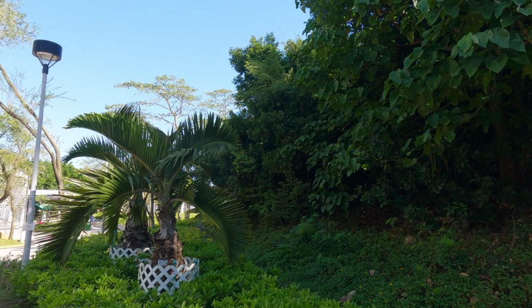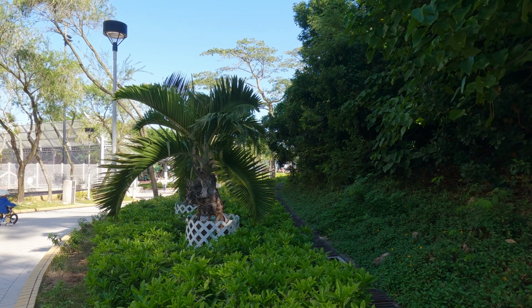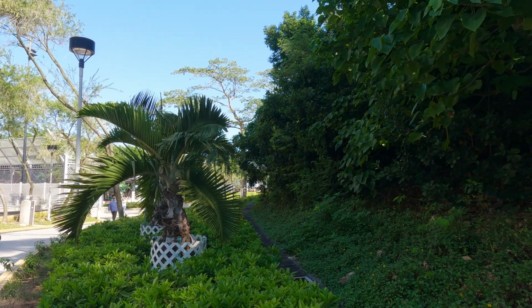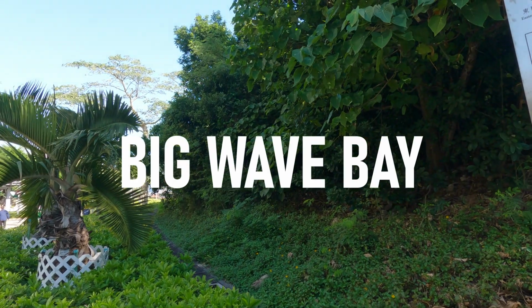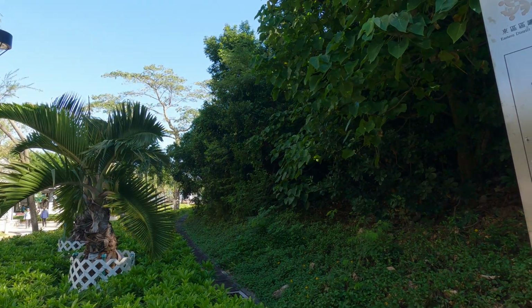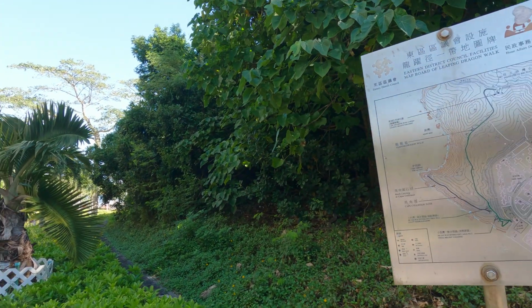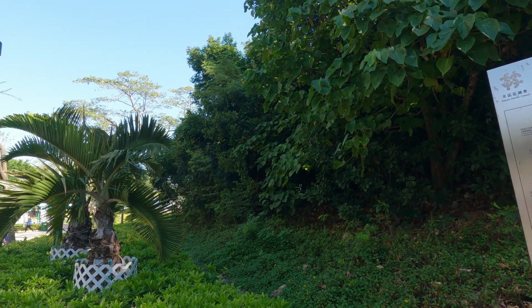Today is the 10th hike. I'm going to go up to the lighthouse, go back. My intent is to go to the footpath to Big Wave Bay, which is close to Shek O, the end of Dragon's Back. So this path is what they call the Leaping Dragon Walk. I don't know how far, I don't know how much elevation gain, so it's kind of